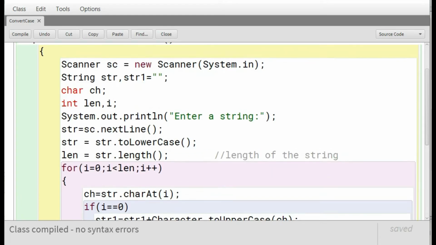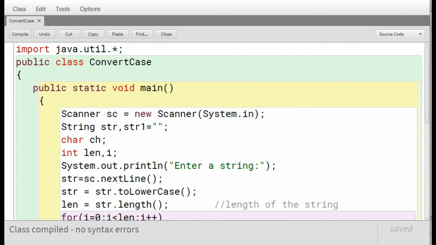So this is our program. We have created a class named convertCase, where we are converting the first letter of every word into uppercase and the remaining letters into lowercase.